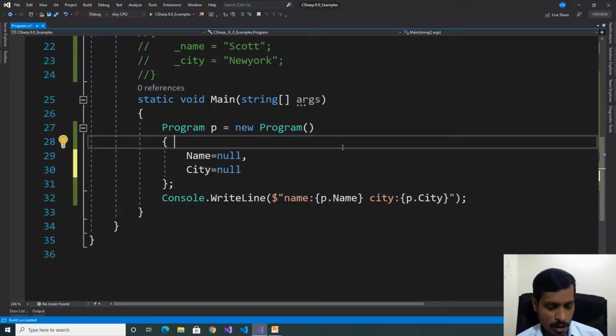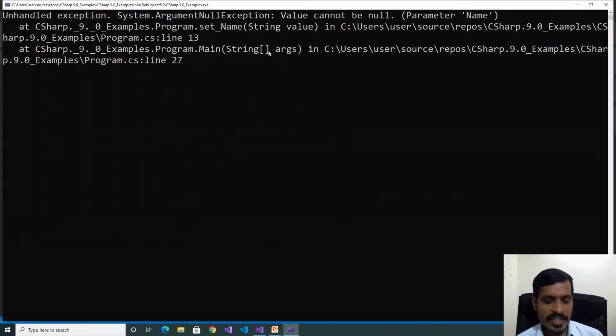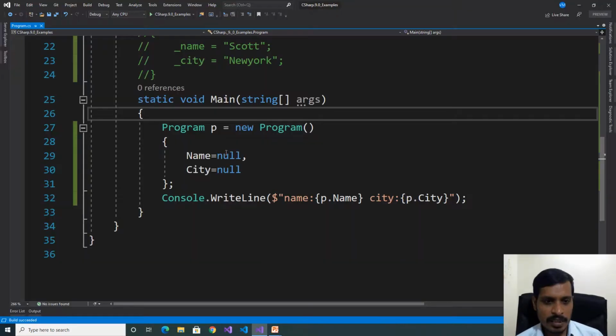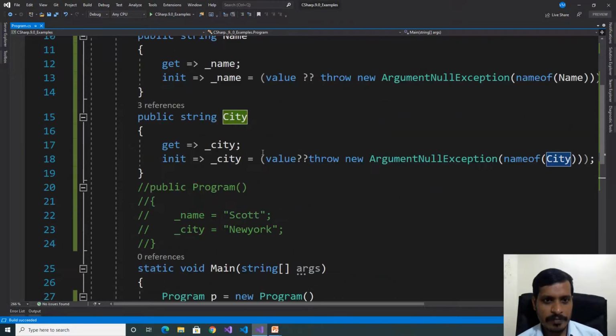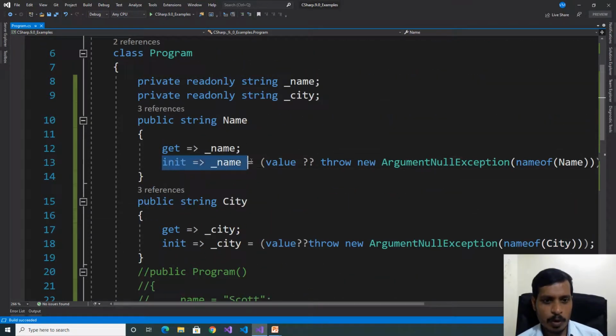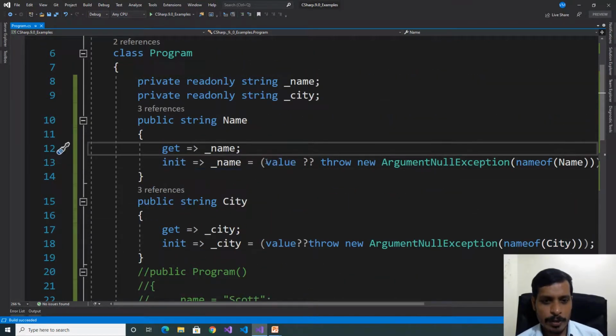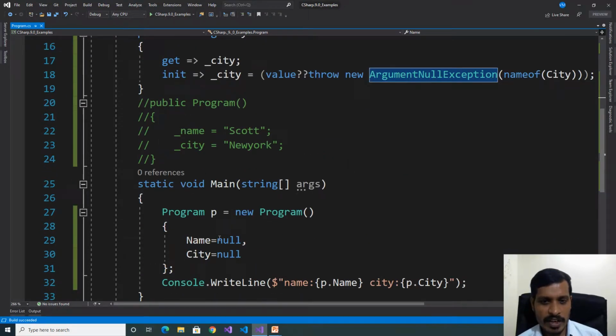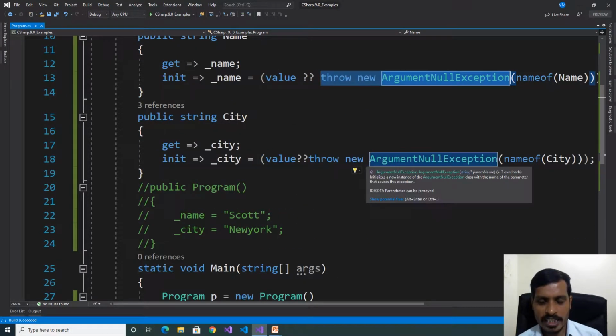Execute this code, Ctrl F5. Here we are getting an error: System.ArgumentNullException, value cannot be null, line 13. We are passing null for the Name and City properties. The init code checks that if the value is present, it is assigned to the variable. Otherwise, it will throw the ArgumentNullException. Here we are passing null, so it's throwing the exception.